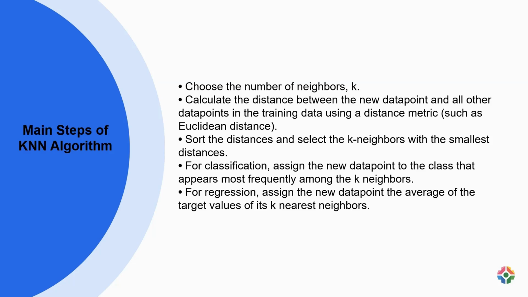4. For classification, assign the new data point to the most common class among its k nearest neighbors. 5. For regression, assign the new data point the average of the target values of its k closest neighbors. For instance, in a scenario where you aim to predict whether a person will like a specific movie based on characteristics like genre, runtime, and cast, you could use KNN to identify how similar their preferences are to individuals who have previously watched and rated similar movies. If most of their k nearest neighbors positively rated the movie, the algorithm would predict that the person will also